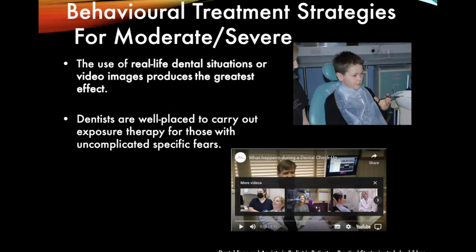Another strategy that works well is the use of real life dental situations, quite often in videos, in order to help the patient to face the thing that they're afraid of. This gives the patient control. This gives a patient more detailed information about what it is that they're going to face. The more information that people have, the more they feel in control. The more control they have, the less stress they feel. This is an example of a type of video that can be useful to look at what happens during a